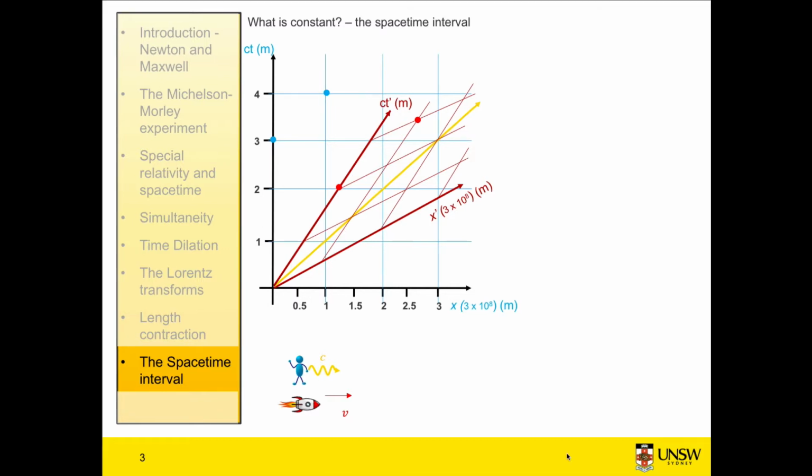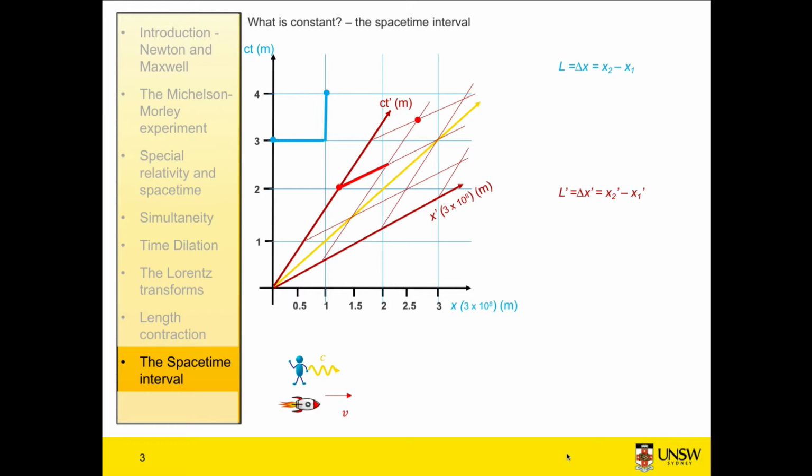And so if we look at how we write that distance, the horizontal distance in the blue reference frame, we write that as the length, which is equal to delta x, which is x2 minus x1. And similarly, in the red reference frame, we write the same. We write L dash is equal to delta x dash. And we know how to transform between L and L dash, and we know that L is not equal to L dash. And looking in the time direction, so on the CT axis in the blue frame, we find that